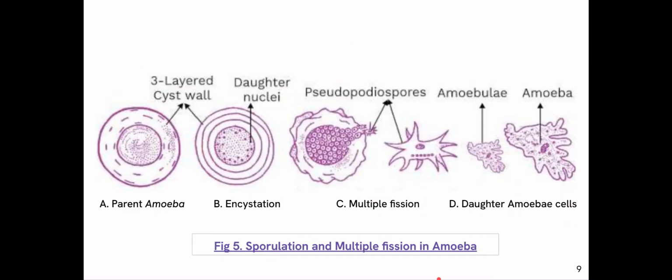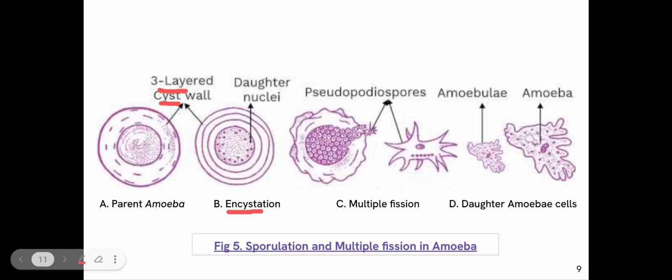Next, we study amoeba. Like I told you, amoeba undergoes multiple fission in the case of unfavorable conditions. When conditions are unfavorable, this parent amoeba, you can see that the irregular shaped thallus is not there because it is preparing itself for fission. It has contracted its pseudopodia, pulled it within itself, and is ready to cover itself with a three-layered cyst wall,